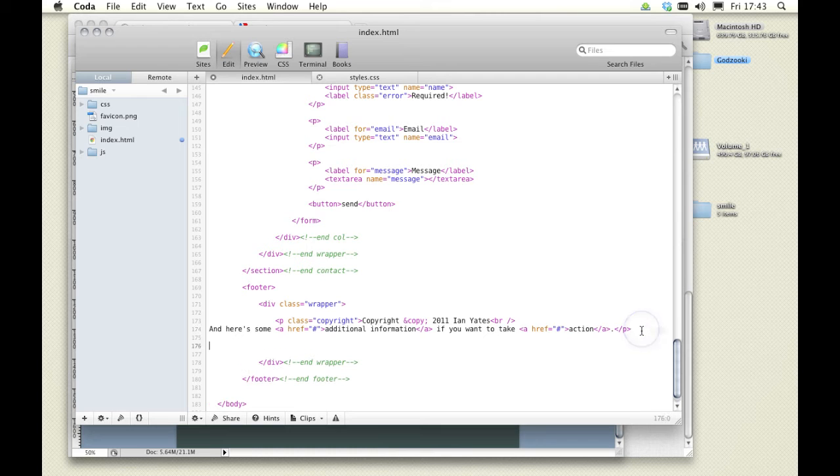And lastly, I just wanted an unordered list, which I'm going to give a class of social. Neatly end it as so, and then I'm going to add 3 list elements. I'll give that an empty class for the time being, each containing